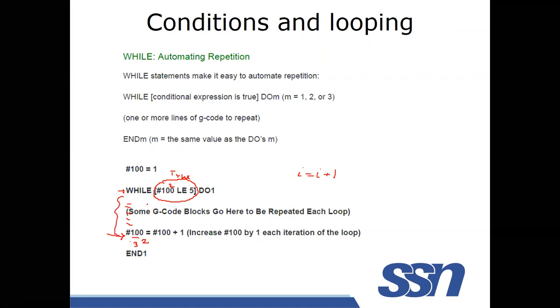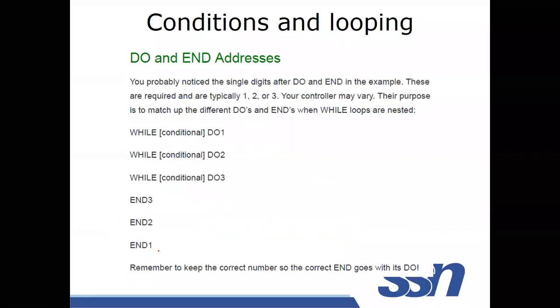Okay, let us say that at one point of time, this value will become 6, which is not less than or equal to 5. The condition is false. Then what happens? It will read this. Here the value is 1, here the value is 1. So without executing this set of instructions, the controller will go to here. Means it will end the loop, and the next line will be executed. So this is how the do while loop is working.